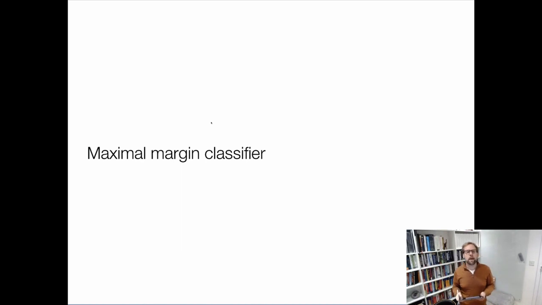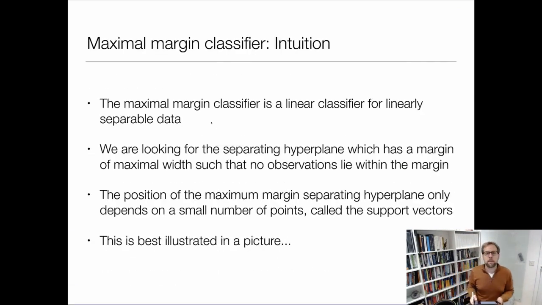Let's now talk about the maximum margin classifier. The maximum margin classifier can only be constructed for linearly separable data. But something which is intuitively clear is that if we have linearly separable data, I can find different types of separating hyperplanes, like I've seen in the previous picture, in the previous video, but there seems to be one which is special, namely one which is just in the middle, such that there's more distance to